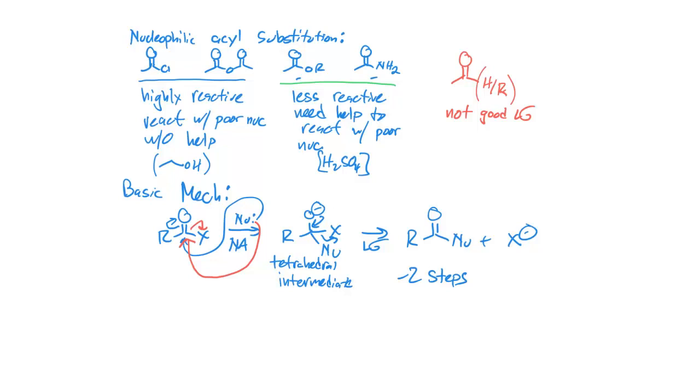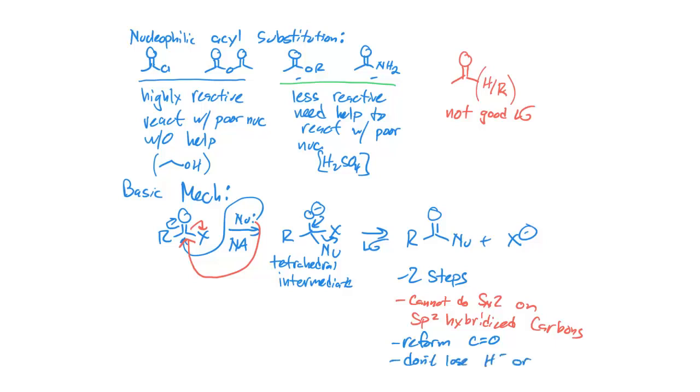And that is not correct because we cannot do SN2 reactions on sp2 hybridized carbons. So it's 2 steps. We reform the carbonyl and don't lose